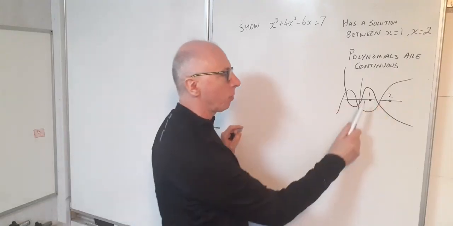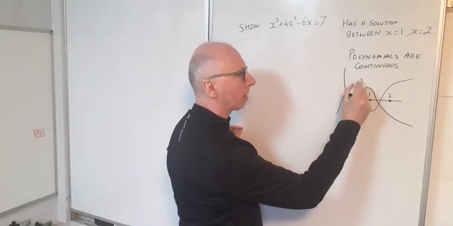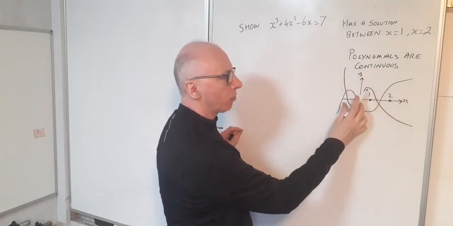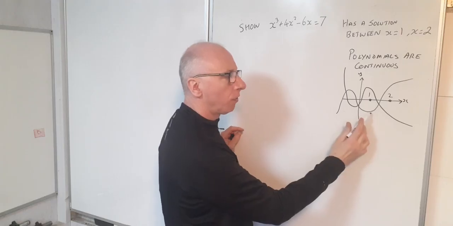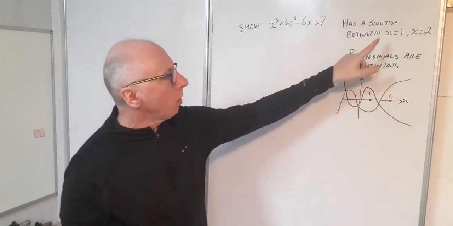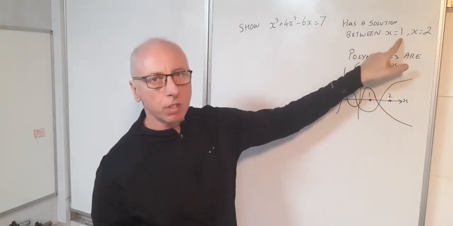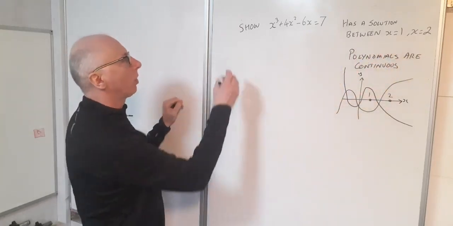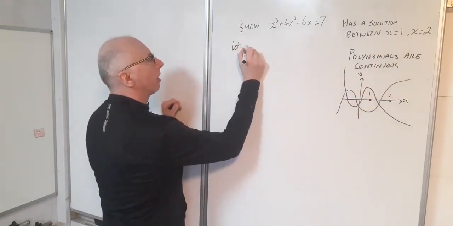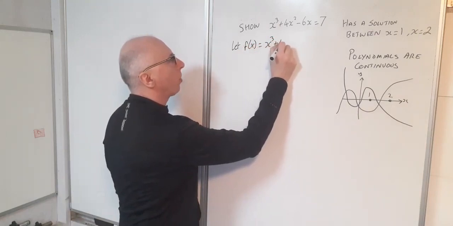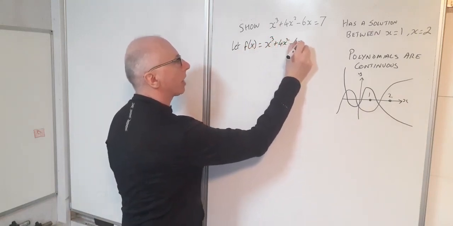So with that property, what happens is our y value, this is our y, this is our x, our y value goes from positive to negative or vice versa. It goes from negative to positive. So what we've got to do is plug in these 2 values and see if we get a change in sign in our result. So first of all, let f of x equals x cubed plus 4x squared minus 6x,